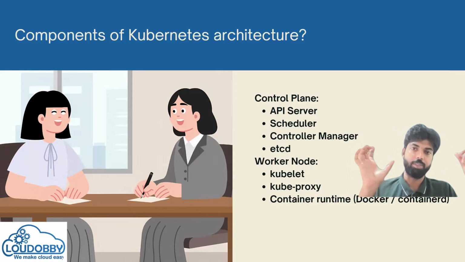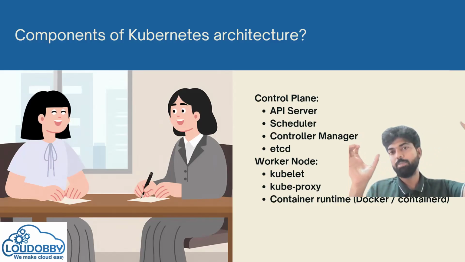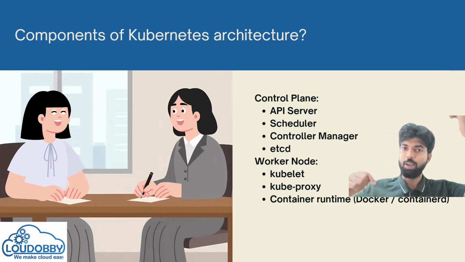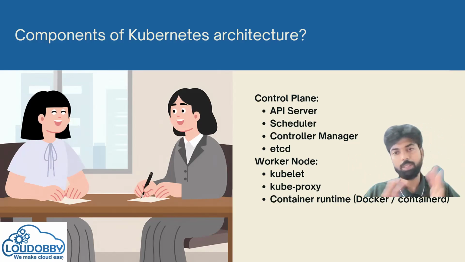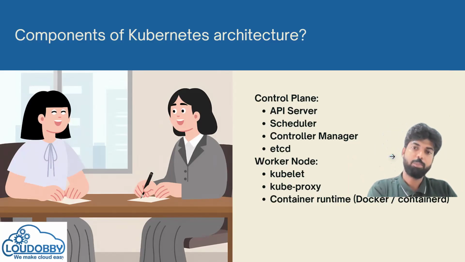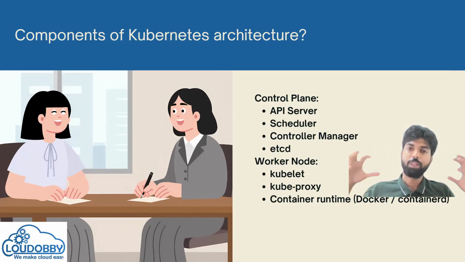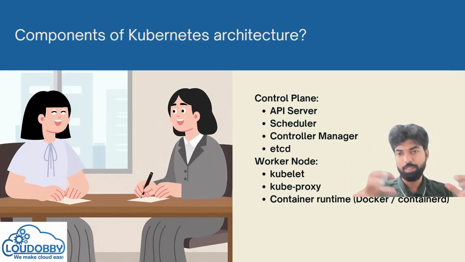Kubelet is the agent. All the health checks, like whether this worker node is working or not, are done by the kubelet. Okay. So the worker node components are very simple: kubelet, kube proxy, container runtime. Because of the container runtime, the worker node is only going to run your application containers, so the Docker images. Okay.